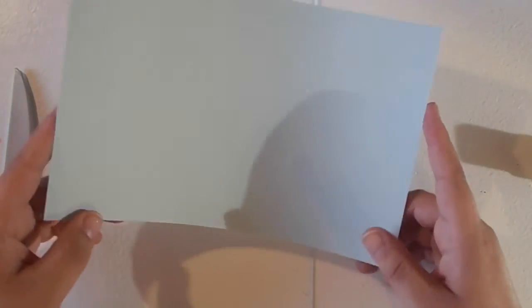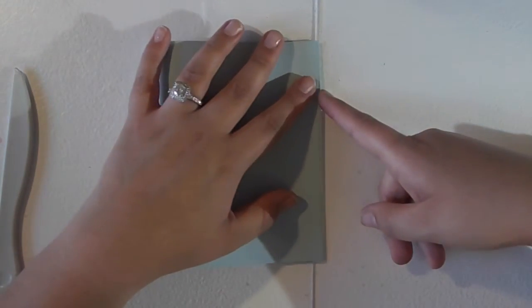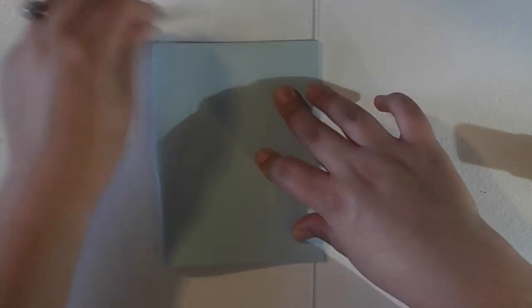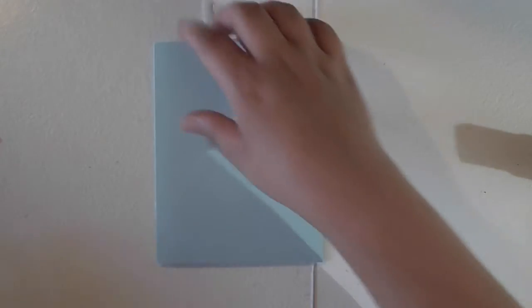So like I said, there wasn't a whole lot of stamping. It was really just what we're cutting out with the Big Shot. So I'm going to take our little card base here. And again, this is in Soft Sky. I'm going to fold this in half, and then I'm going to take our little mountains,